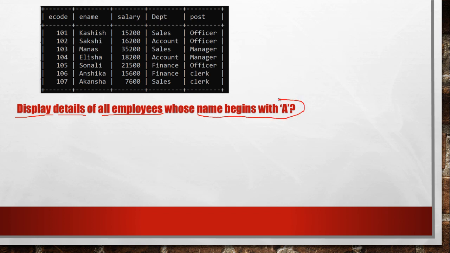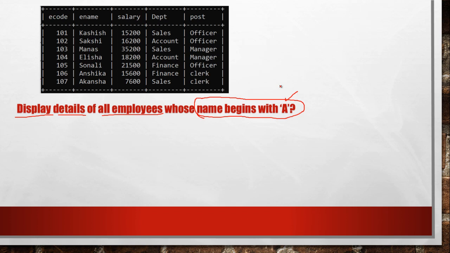Now you can see that we have to show records to the user as per the name, but for comparing the name, the initial value is given to me, that the first character is A. What about the rest of the characters? That is not given to me. It means the rest of the characters are missing. So in this case, the comparison value given to me is incomplete. Why incomplete?